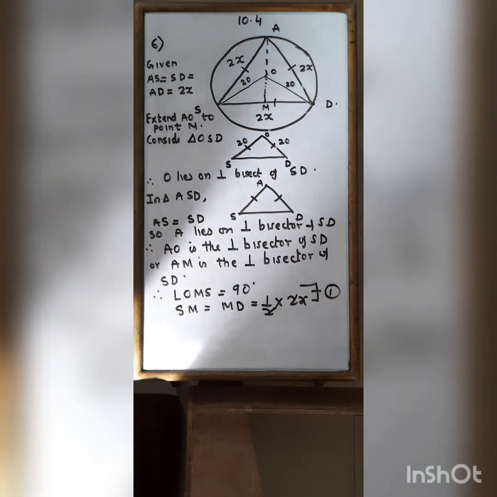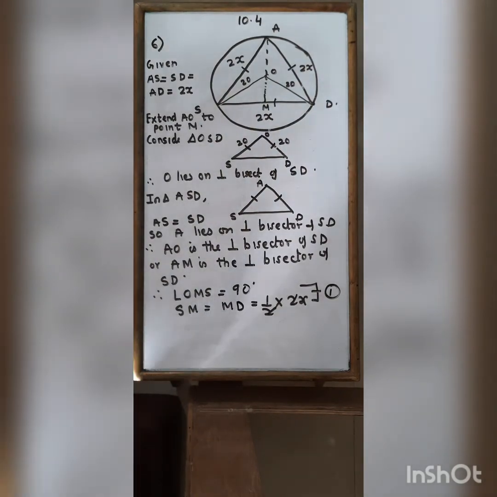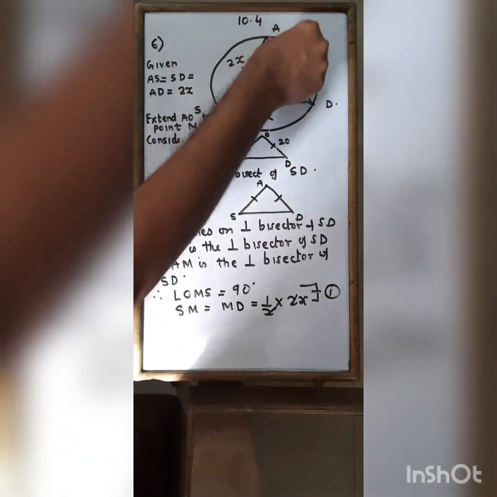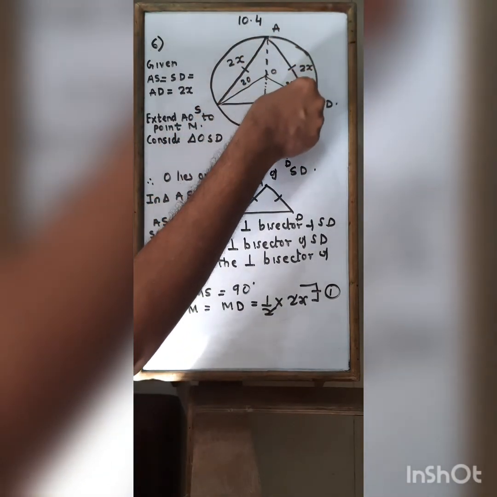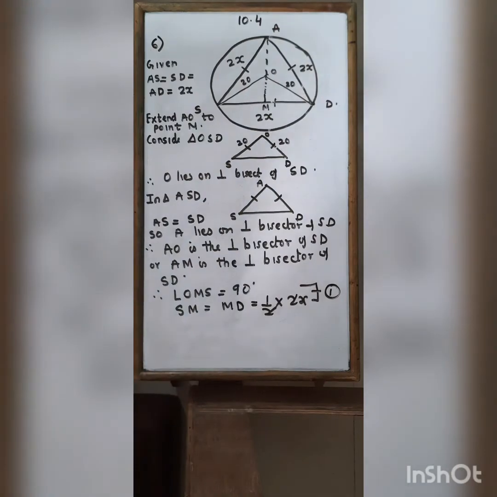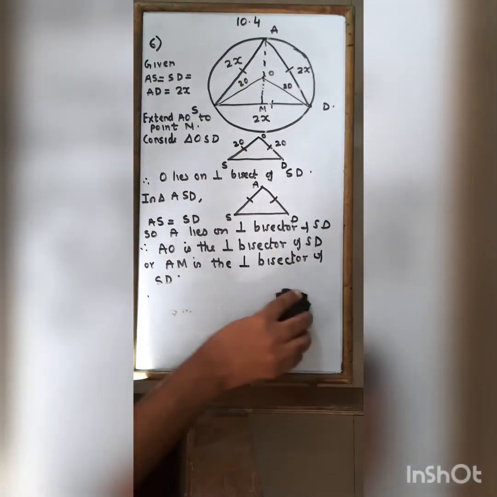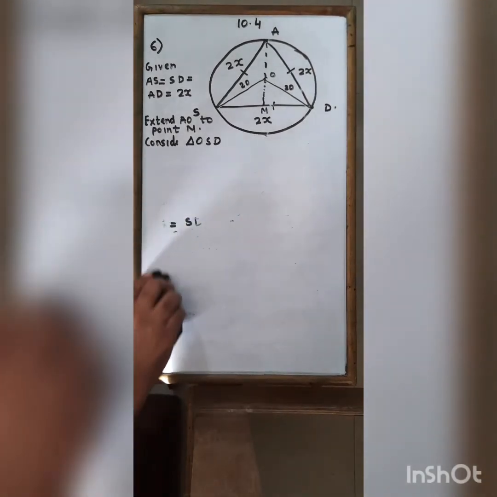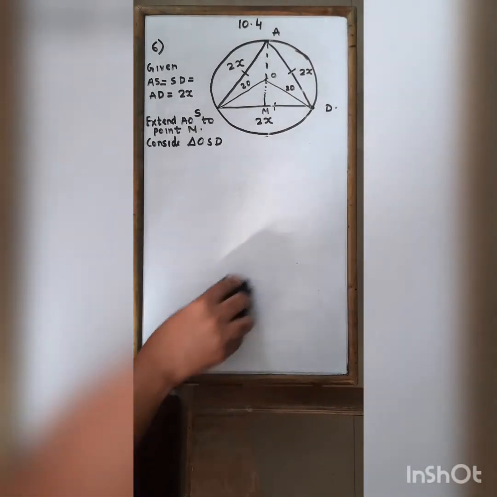Note down this much. So this first part is the same. You just have to prove that this is a perpendicular bisector. If this is a perpendicular bisector, then if I extend it, that whole line is a perpendicular bisector. Got it? Now, in the next part, we are going to use a special property of a triangle.